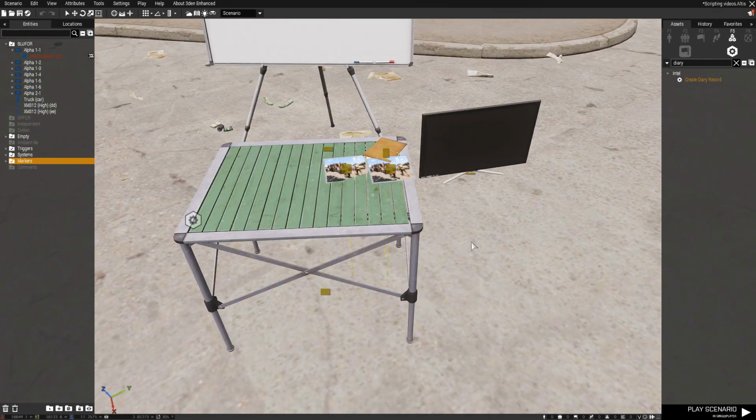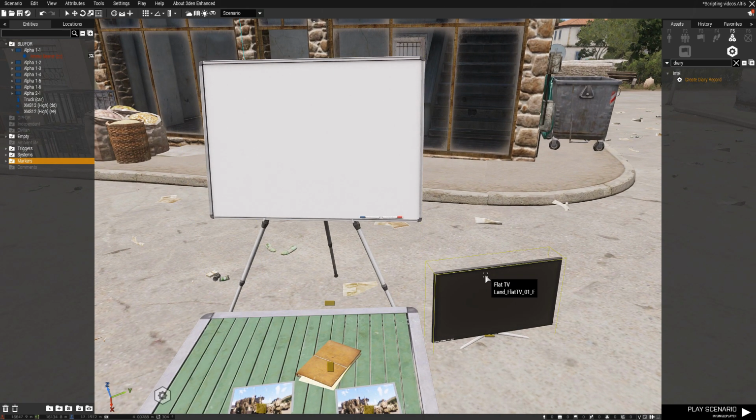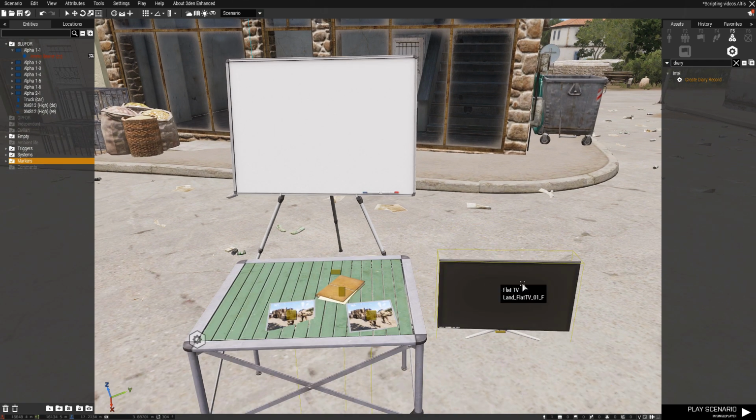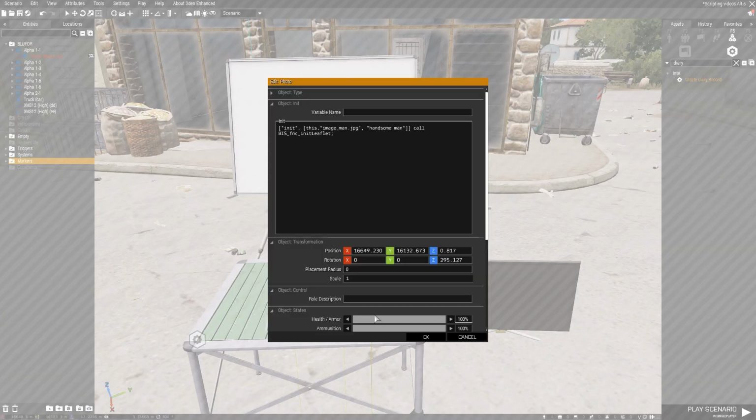we can plunk down, for example, some photos here. We can have another document folder, or potentially a whiteboard or a flat TV. Anything we want really to have the picture shown at. There's a couple of ways to do this. You can have a picture you can pick up and look at, like I've done with this photo right here,